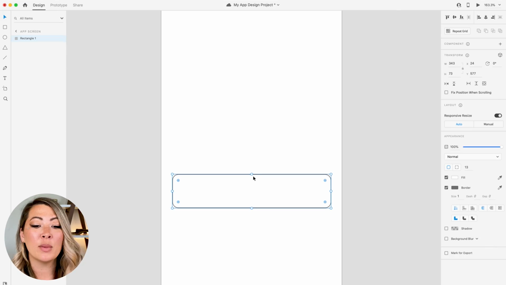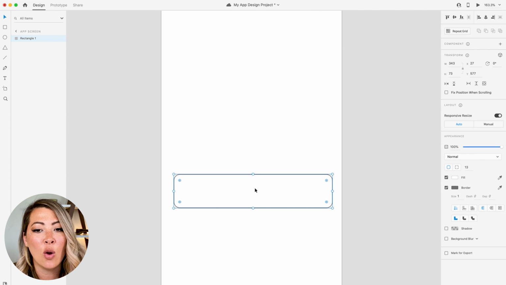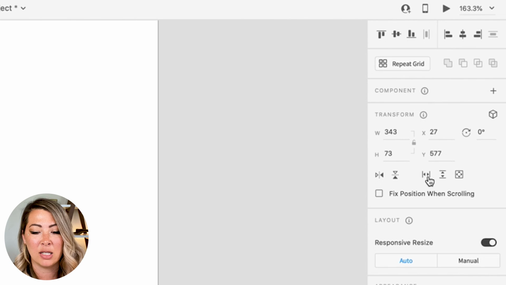So now I want to center my button. I'm going to select my shape, and I want to perfectly align it so it's centered inside the artboard. I can drag it, and this little pink line shows up, showing me right when I go into the center. The other way that you can do it is going over into your property inspector. Above the Boolean operations, you can select the center alignment right there. If I select it, it's perfectly centered now.